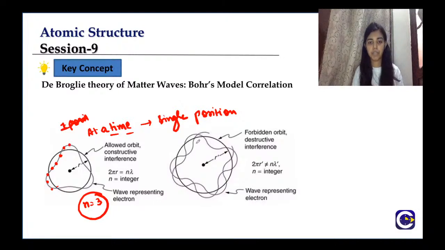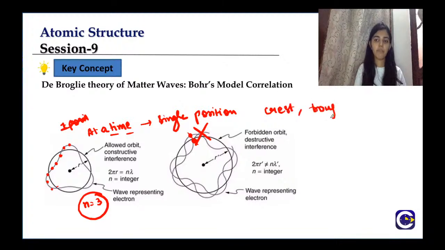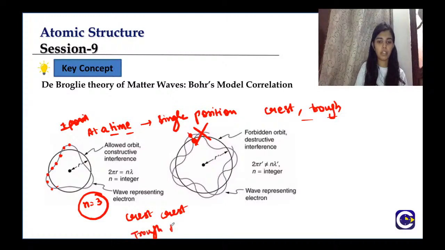But here, if you see what is happening, let us say that at this particular point the electron is present at two places, which is not possible, right? In destructive interference we have already seen that the crest and trough overlap with each other, while in constructive interference either crest and crest will overlap, or trough and trough will overlap, and hence they will increase the amplitude of the resultant wave, right?